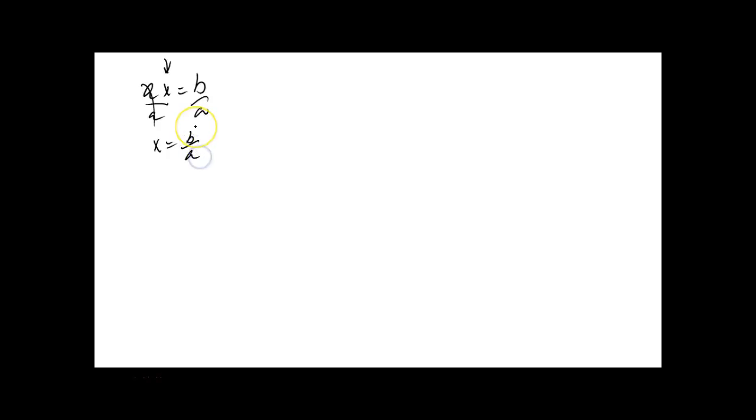Now, how's another way we could express 1 over A? Yes, the inverse. That'd be A to the minus 1 times B, right? Okay. Now, when we take a number or a variable and put a minus 1 as a superscript, what we're talking about then is a reciprocal. 1 over X, 1 over A, okay? Now,